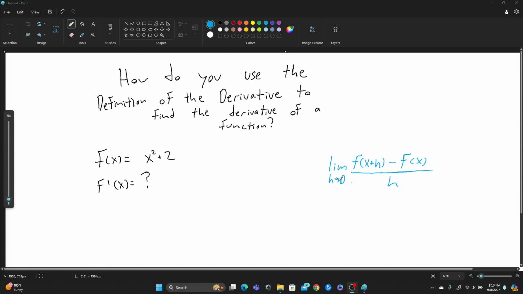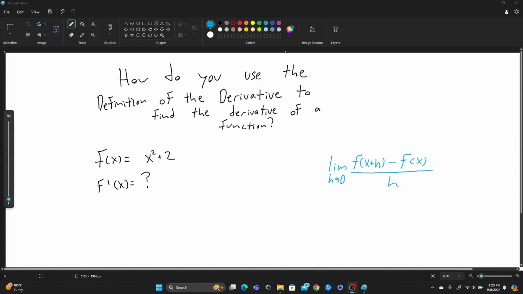To understand how to use this definition to find the derivative of this function, we're going to have to understand how to plug the function into the definition of the derivative. We're also going to have to understand the basics of how to solve a limit, because once we plug it in, it's not just foiling and simplifying. You have to use some limit solving strategies in most situations when you're solving with the definition